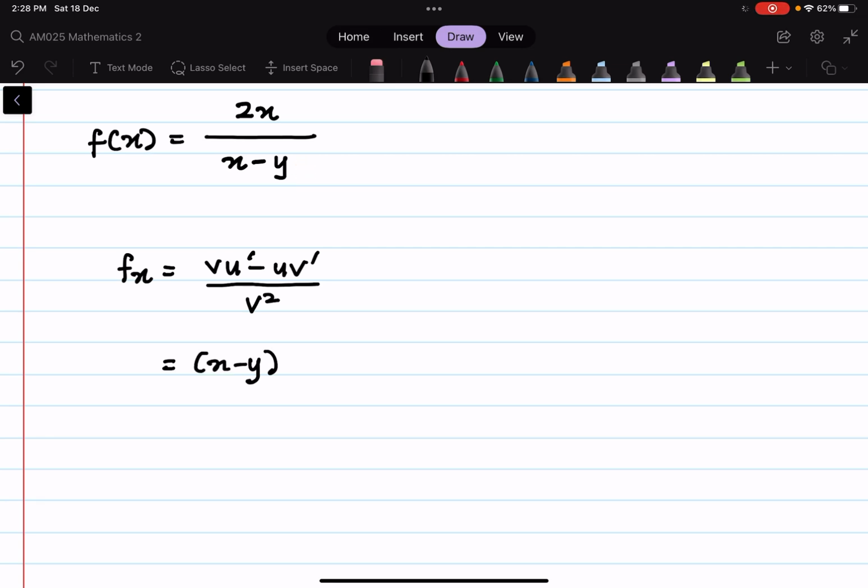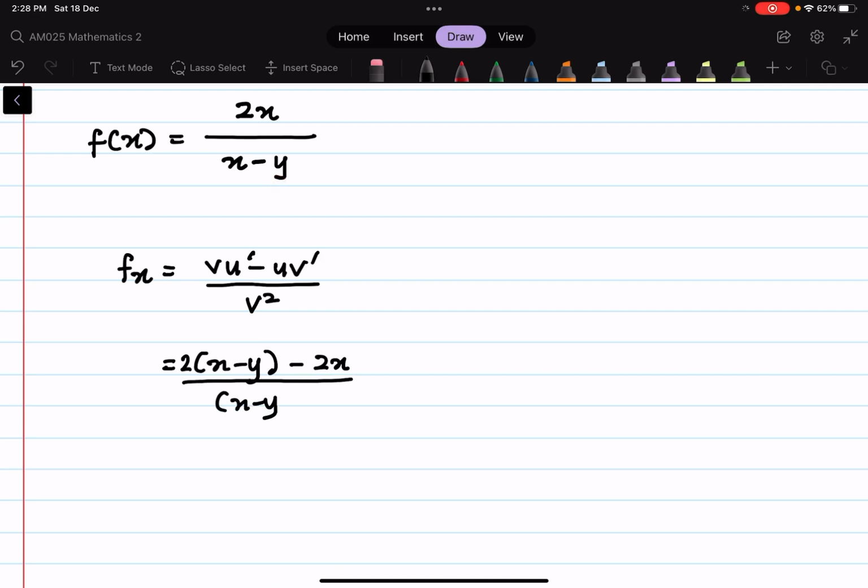and u prime is going to be, differentiating 2x with respect to x, 2. So I'm going to write 2 in the front, minus u, which is 2x, and differentiate x minus y with respect to x is 1, because differentiating x with respect to x is 1. Differentiating negative y with respect to x is 0, because negative y is a constant. Divide by